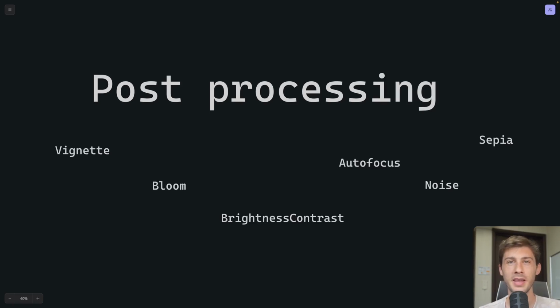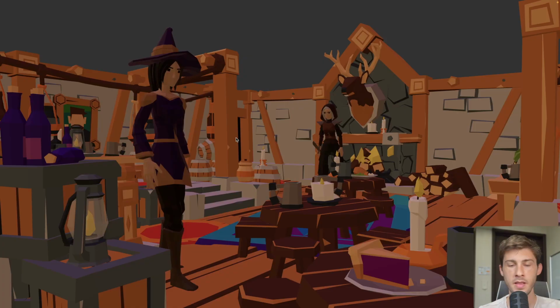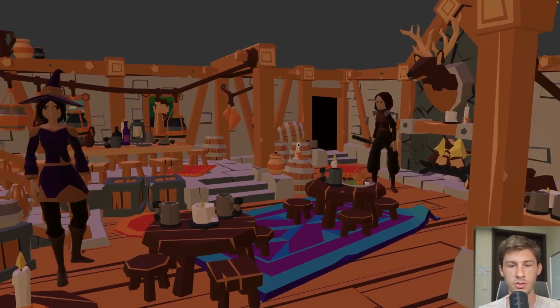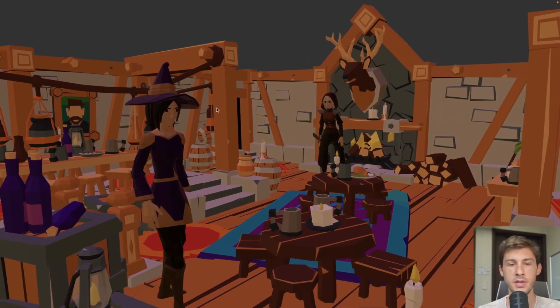Post-processing is used to apply effects to a 3D scene, such as blur, color correction, and bloom. Used correctly, it can help your project look outstanding. In this lesson, we will go from this 3D scene with just a simple lighting and a nice 3D models